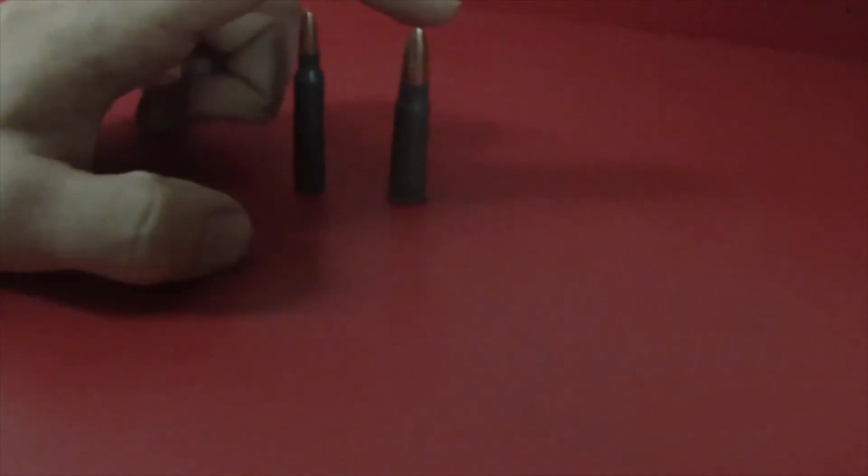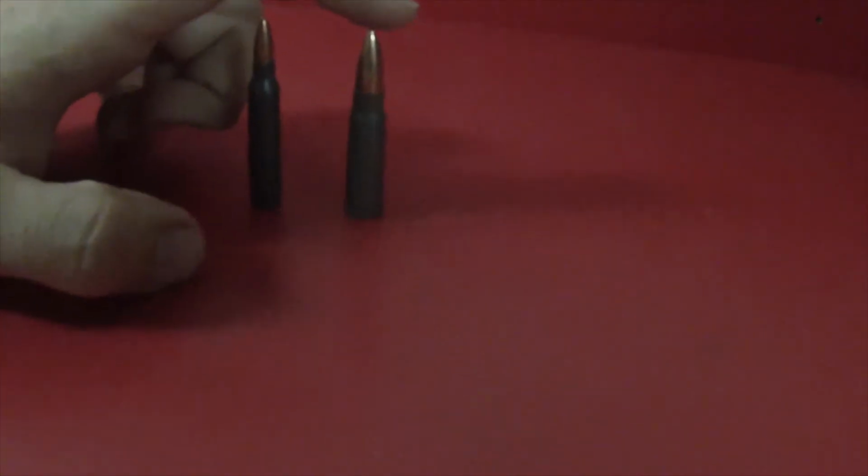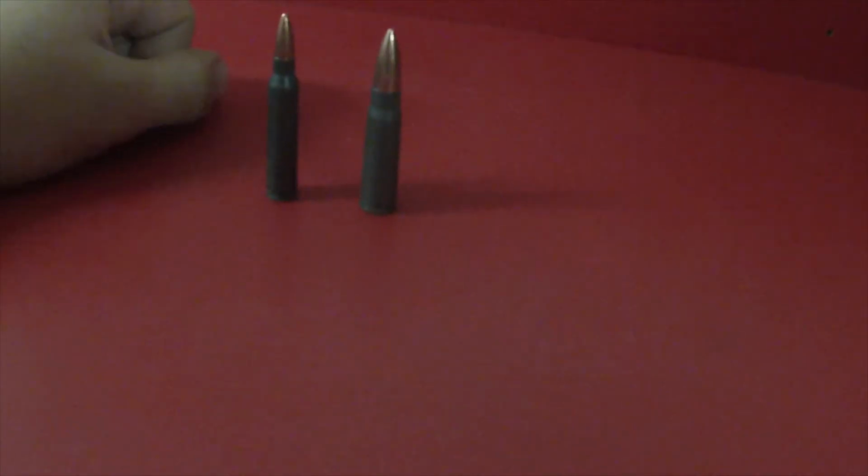Just because of the weight of the bullet, this right here would have a much more significant drop as it goes out to longer distances, which is fine. During its development, Russia only intended it to be used at 400 yards or less. Now, the 7.62 by 39 is the